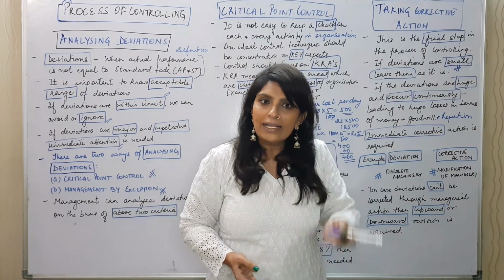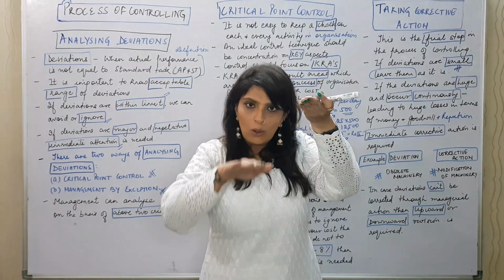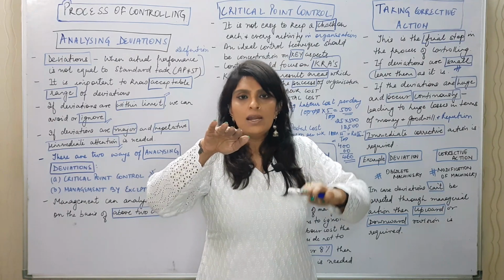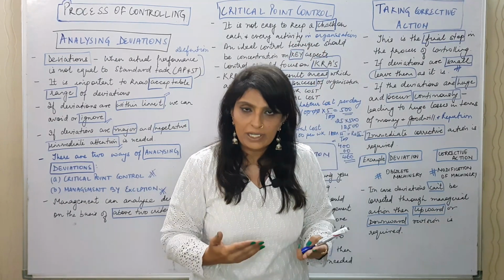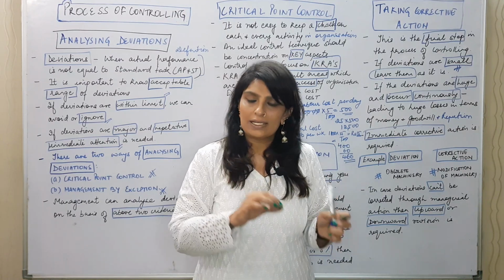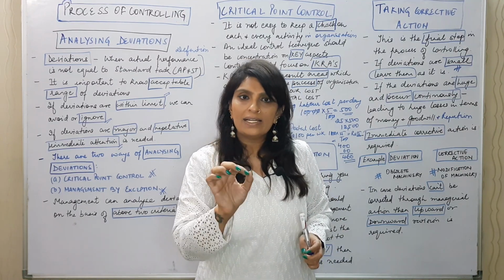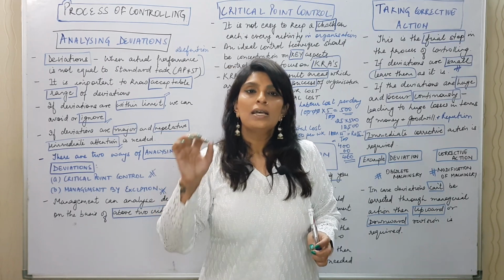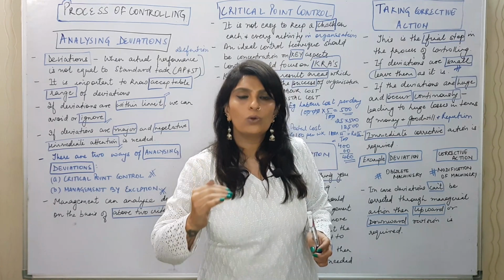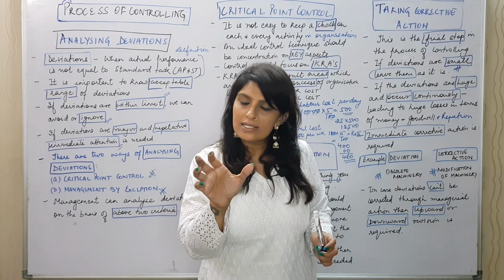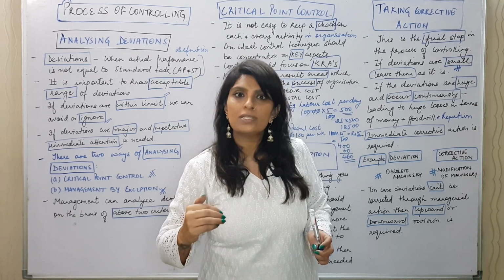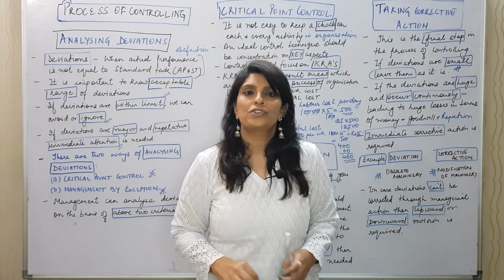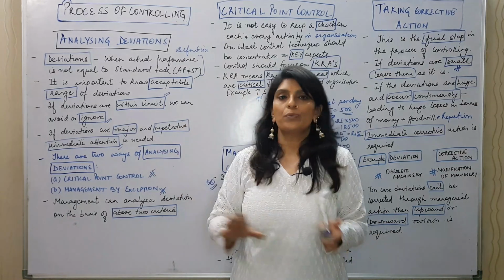If you have set high standards, downward revision. If you have set low standards, then upward revision is required. I have already discussed upward and downward revision, still I will discuss it again. Suppose the standard task is 100 units and all the workers are manufacturing 80 units. In that case, the standards set are very high, pull them down to 80. In case you've set 100 as the standard task and everyone is performing 120 units, that means you've set lower standards, pull them up to 120. So upward or downward revision can be done. That's all about the process of controlling.